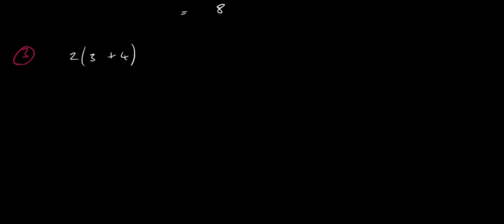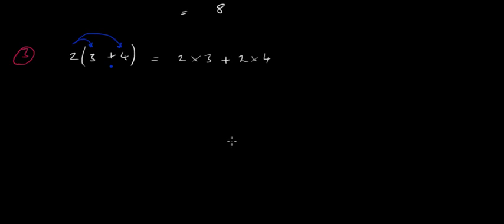What we're doing here effectively is distributing multiplication over addition. This 2 here is multiplied by everything in the bracket. The 2 is stuck to this bracket, if you like, so it's multiplied by everything inside this bracket. So what we effectively end up doing is multiplying this 2 by this 3, and then multiplying this 2 by this 4, and adding our solutions. So we multiply 2 times 3, we multiply 2 times 4, and we add